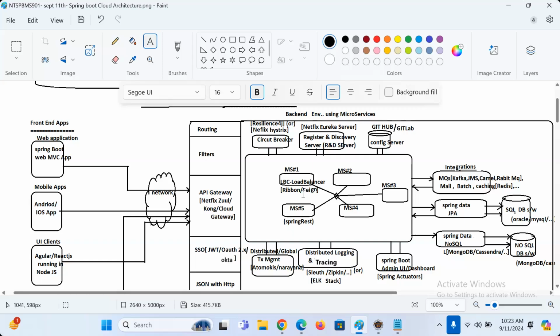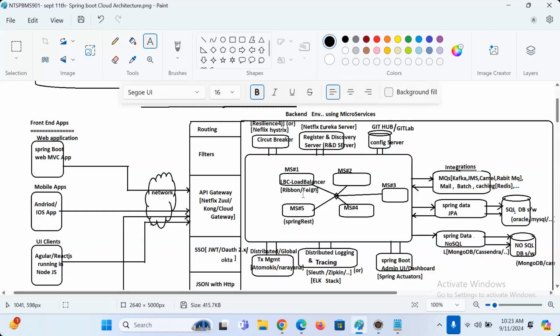Right, guys? Number two. Now I ask one question. I want to apply security on every microservice. Do I need to really apply it on every microservice now onwards? You apply on what? API gateway. Indirectly it is applicable everywhere. Spring Security OAuth 2.x can be applied on the API gateway.